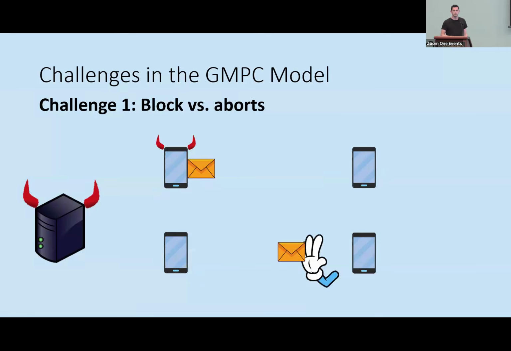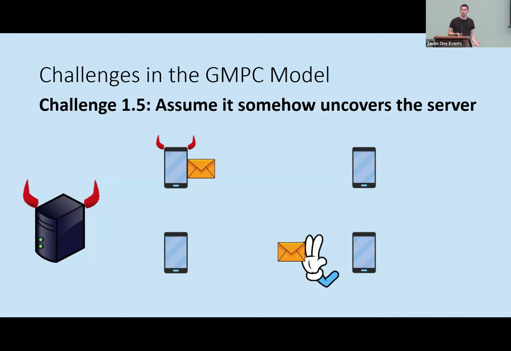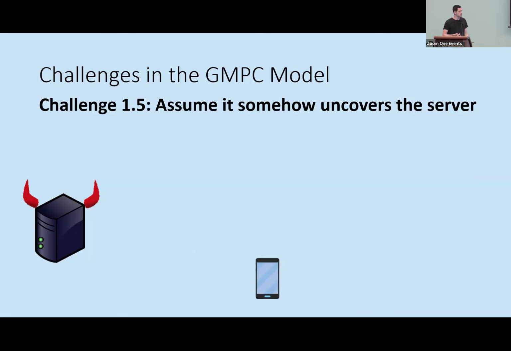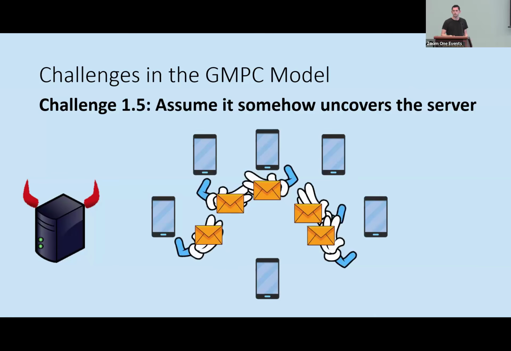But actually, there is a sub-challenge to this. Let's say that somehow he does distinguish the 2 scenarios, and he knows that it is the bottom scenario. He knows that the server is malicious. So now he wants to tell it to everyone else. He wants to shout to the world, hey, the server is malicious, we need to abort the protocol. But notice that he cannot simply send messages to everyone because the server can just isolate him, it can just block all messages. So even if we somehow know that the server is malicious, we still need to figure out a way to allow the users to tell it to everyone else.